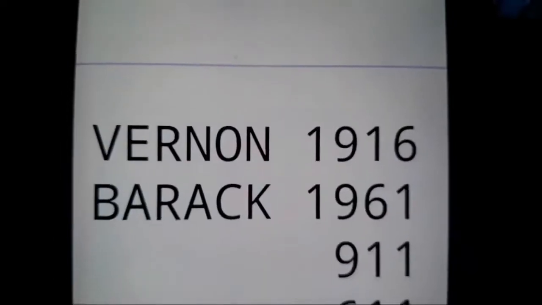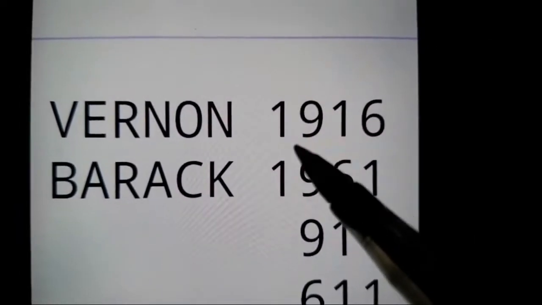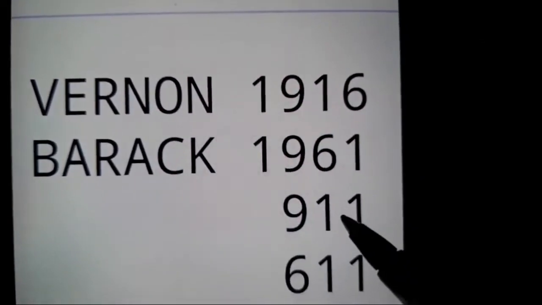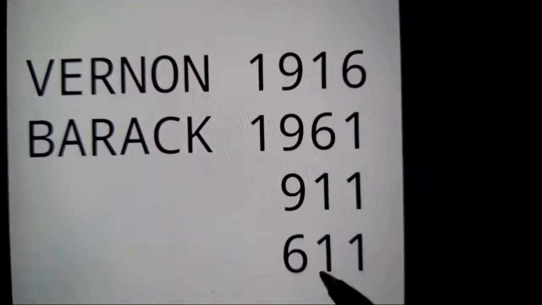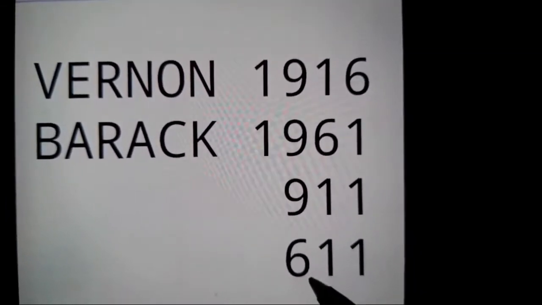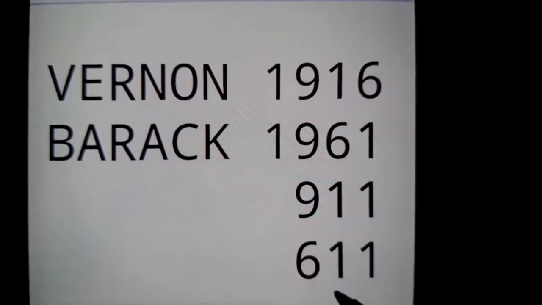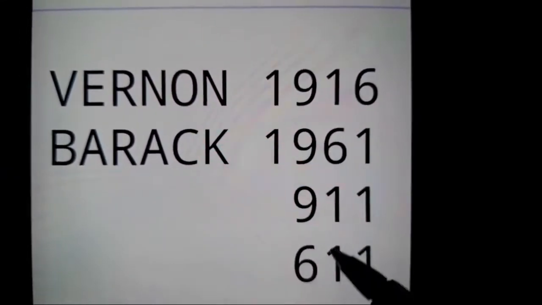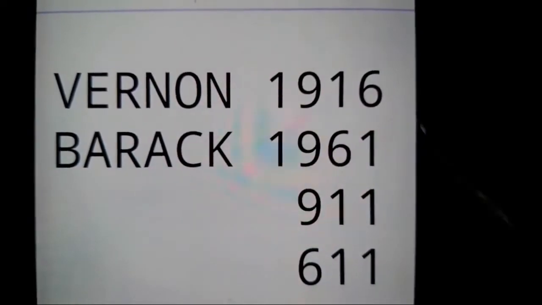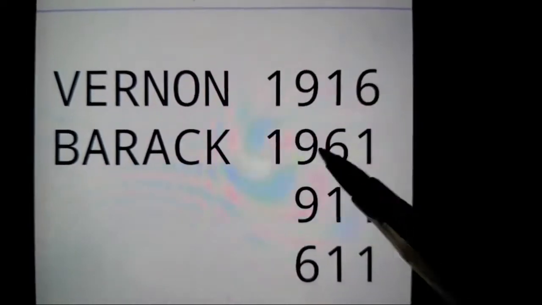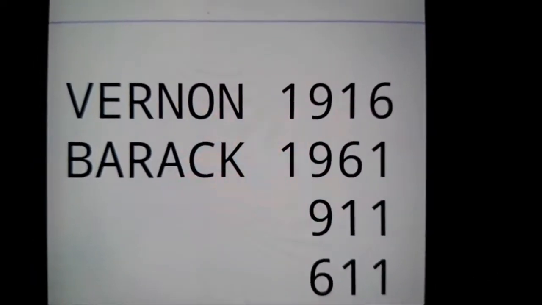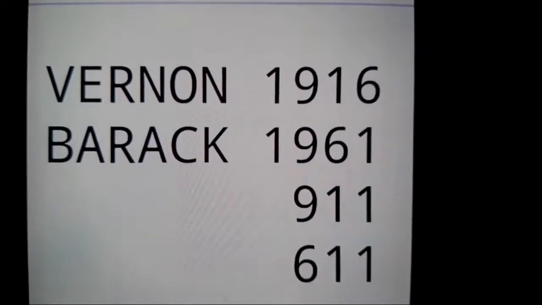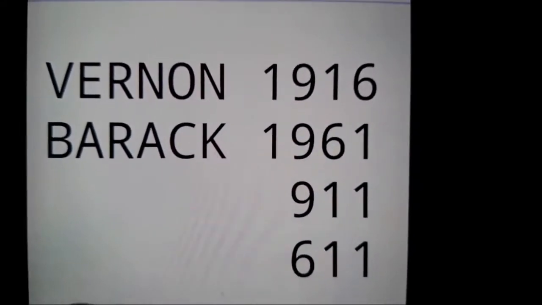And why is that important? Because, like I said, they're all the same numbers. Remember, I told you the 911 is the 611 upside down, because I told you something big's going to happen around June, Trump's birthday. So all this connects right here. 911, 611 is all in these numbers right here for Barack and Vernon Presley, Elvis's dad. Anyway, let me keep going.